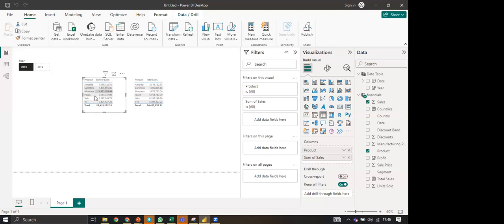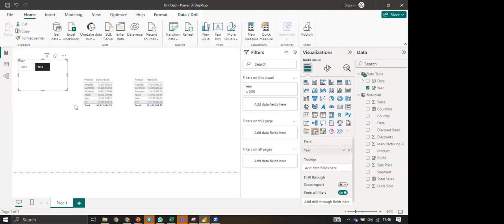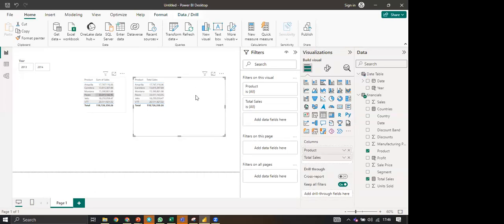So this is sum of sales for 2013 now. If I click on 2014, I get the one for 2014. So I'm just going to remove the highlights. Now if I want to do a DAX calculation that helps me get my sum of sales for 2013 for this particular product,